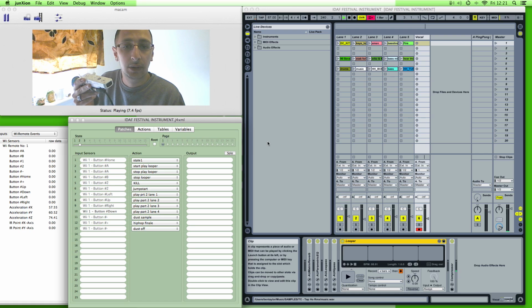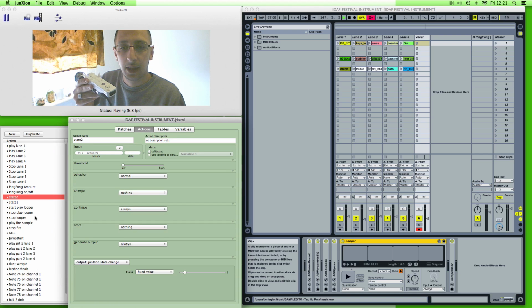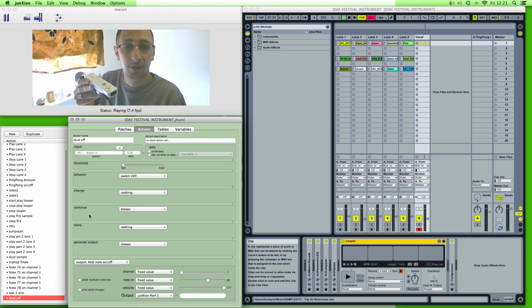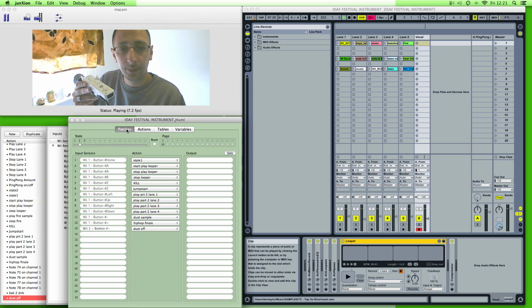With lane 5, the extra added sample, I'm going to be using the minus button this time, and this time I want the double action, so I want to play the sample when it's pressed in and stop the sample when I release it. So again, I've got two minus buttons in, and again I've just done the switch on, and to turn it off, switch off, change the fixed value to 127,